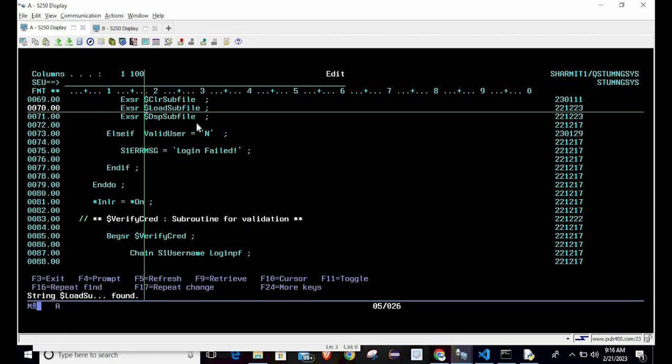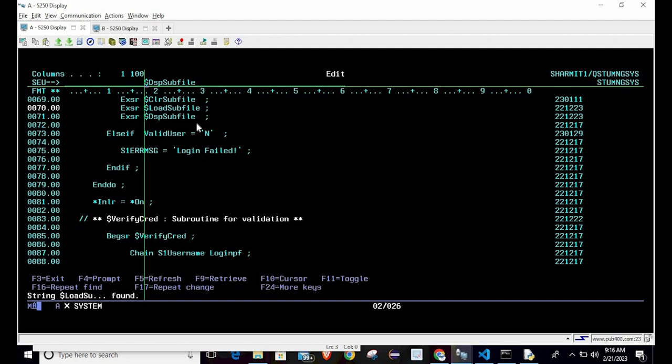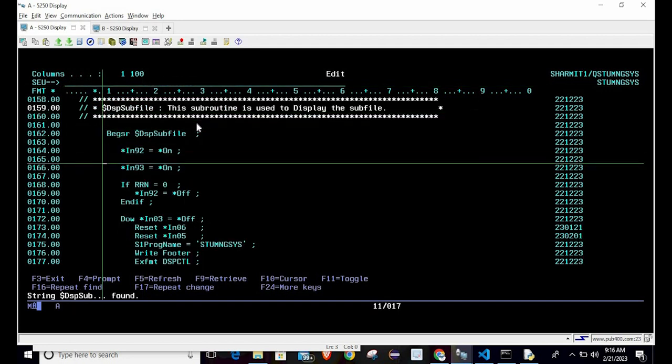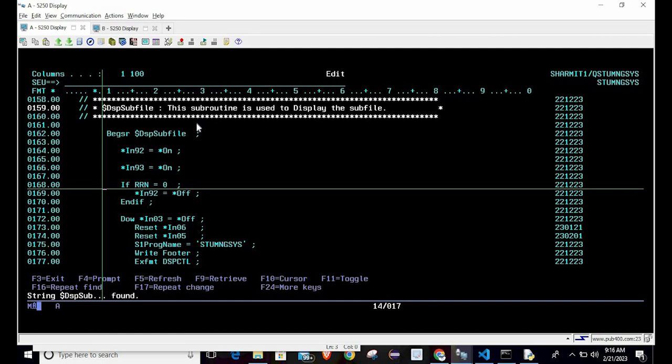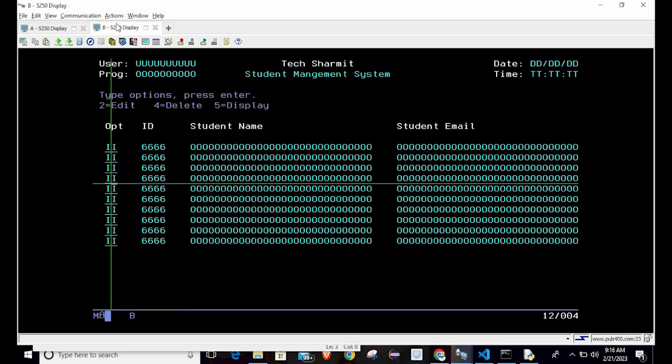Now clear subfile is done, load subfile is done. Now we will display the subfile. So for display the subfile, I'm calling this. Yeah, so here you can see we are turning on two indicators, 92 and 93, which is related to DSP SFL and DSP CTL. Then we are just checking one thing. If RRN is 0, it means there is no record. In that case, we are just turning off the indicator, which is, let me show you,